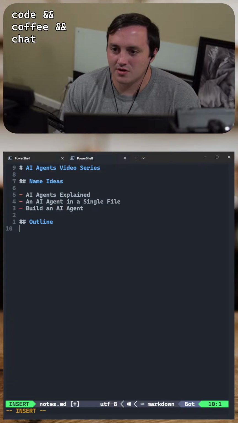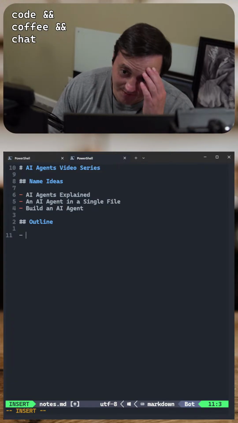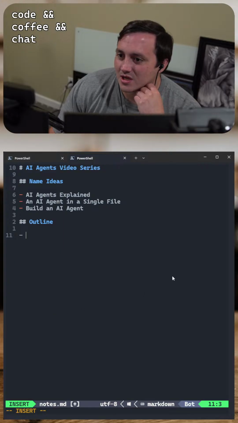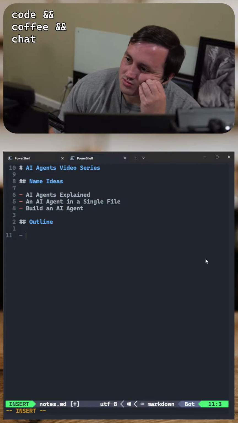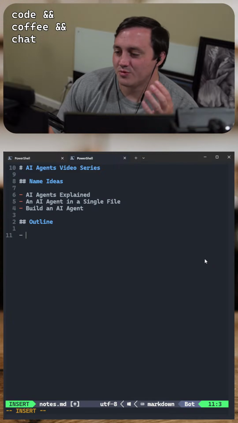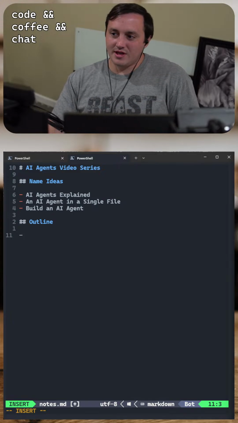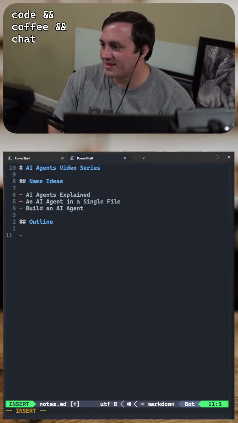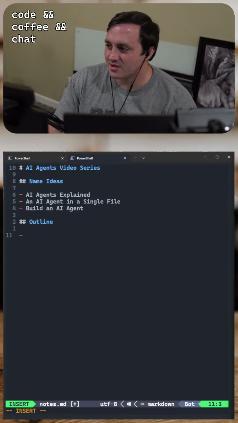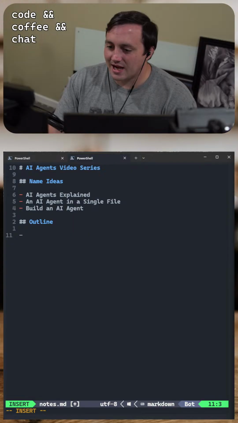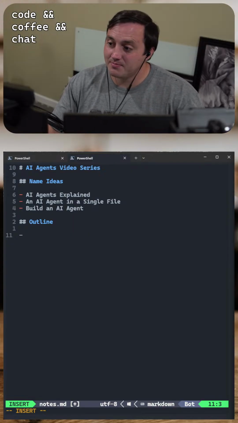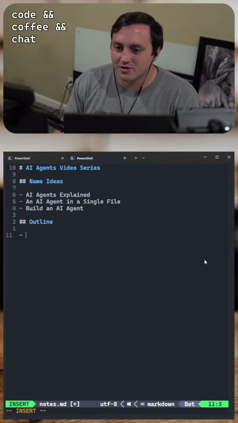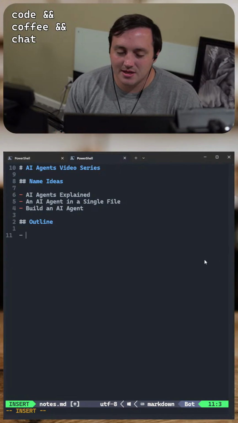Outline. So I think it's gonna end up being just like 5 videos. And I want to do this super primitive. Like, this is going to be super low level. Because I really want to drive home the fact that AI agents aren't magic. They're actually rather straightforward. Now, people can make them very complicated, but in terms of the overall concept, it's a pretty straightforward thing.